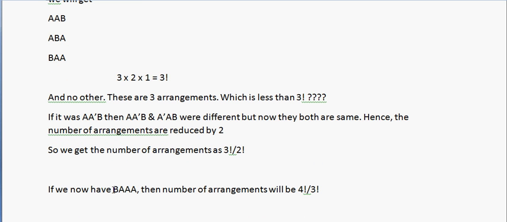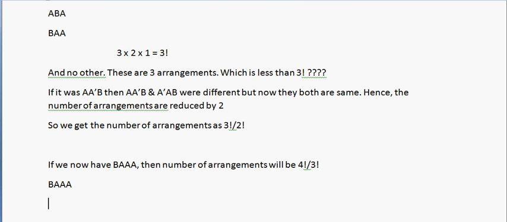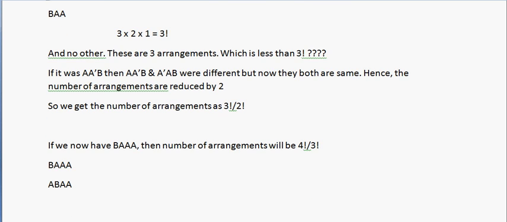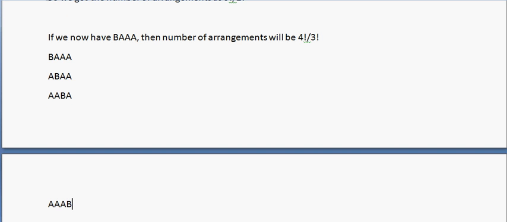So now if we take B triple A, then the number of arrangements would be 4 factorial divided by 3 factorial, and the arrangements would be B AAA, right? This would be the first, then ABAA, then AABA, and finally triple A B. These would be the 4 arrangements. Try to make more and you would not be able to, right? So these are the 4 arrangements. So what we are doing, right,